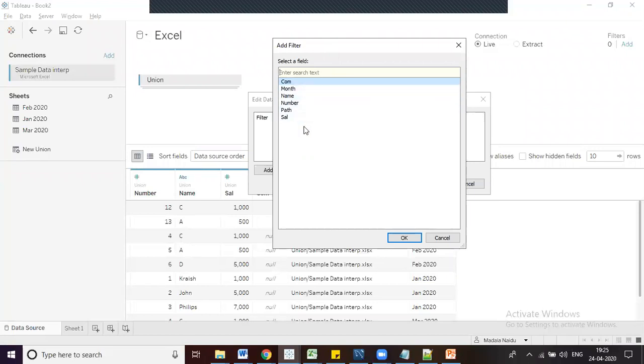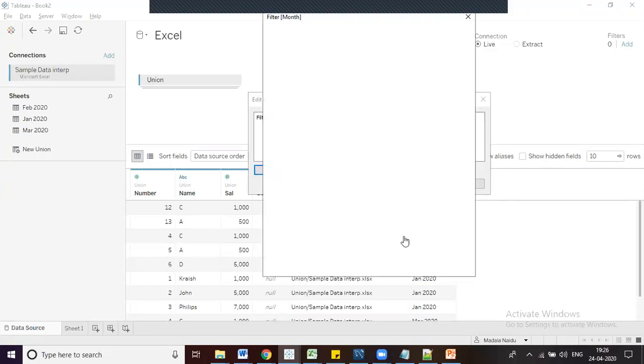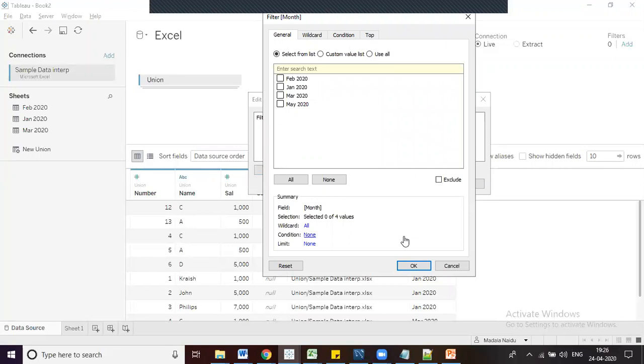Now I don't want to take February data for my analysis. You have to select the specific column name. Now let's click on OK. Once you click on OK, it will open another window which gives the data members list. If you select February, it will keep the February data.